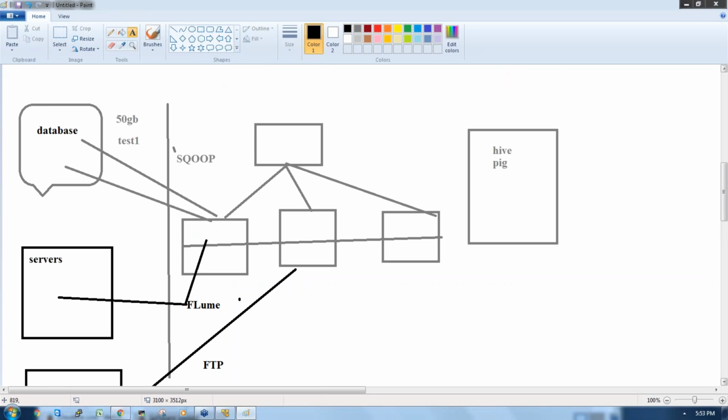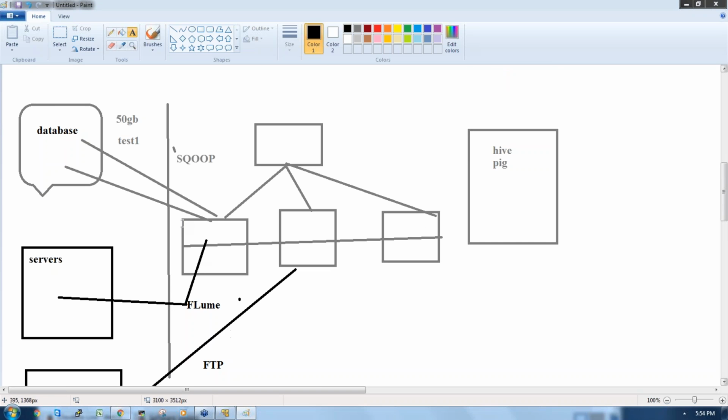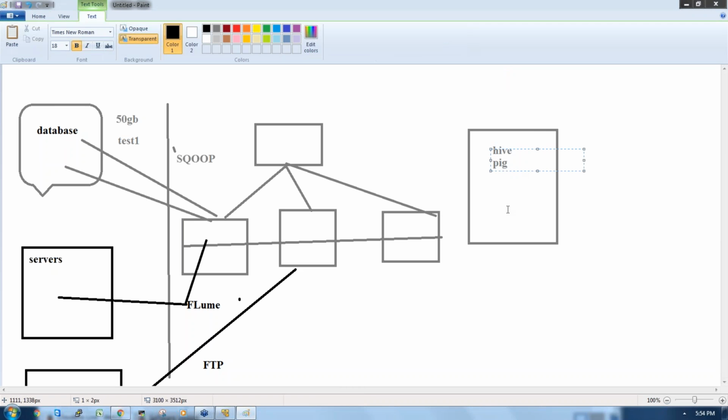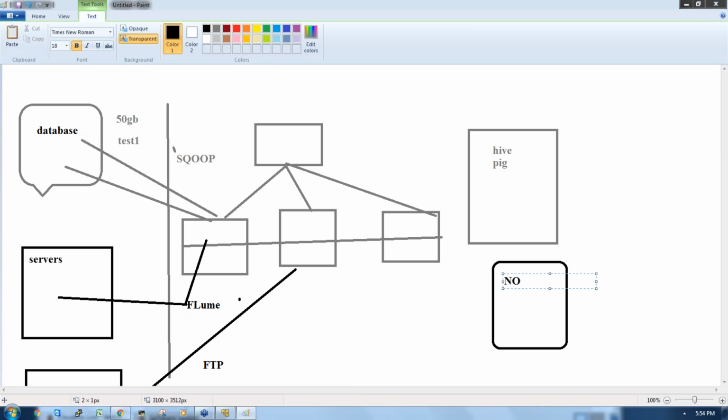right? So once the data is available here in the Hadoop cluster, that means each cluster here has nodes. In each node we have the HDFS file system. So the data which we collected from these external resources will be stored in the HDFS file system. Once the data is available in the HDFS file system, I'm going to process the data using Hive and Pig. You can use Hive, or you can use Pig, or you can use Java to process the data. After that, if you want to store the data again in a Hadoop cluster, yes, we have a NoSQL database available here, which we use in the Hadoop cluster.